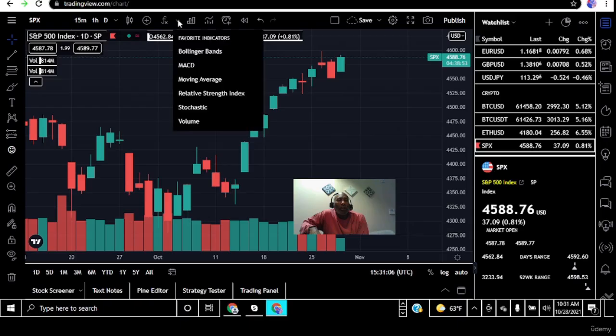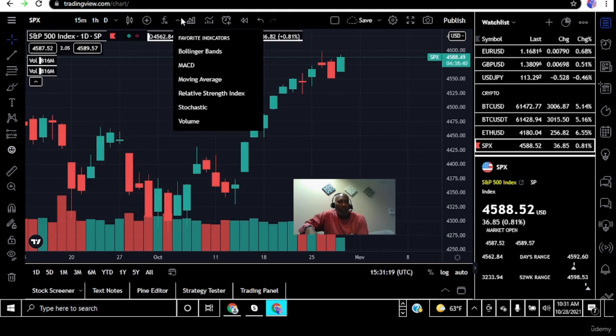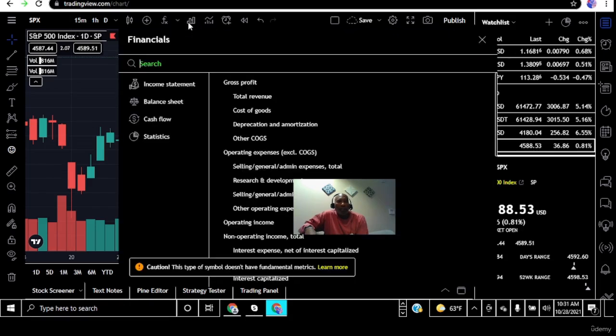Okay, so where are we now? We are here. This is the favorites. Click down here. Remember, this allows you to search for some of your indicators and things like that. And here are your favorites, which saves you time, right? This right here is just income statement, gross profit, cost of goods, cash flow,